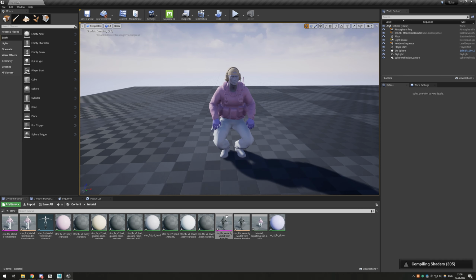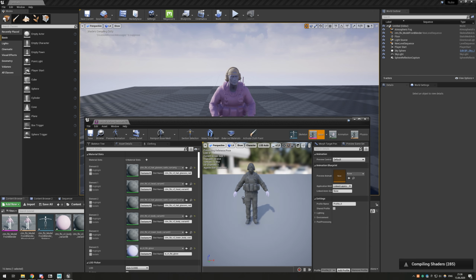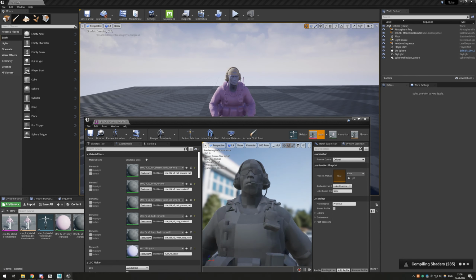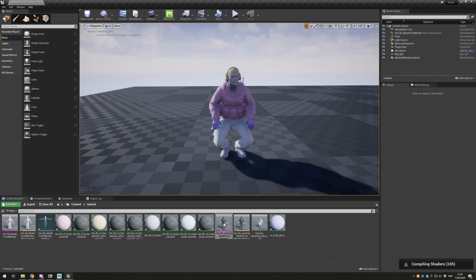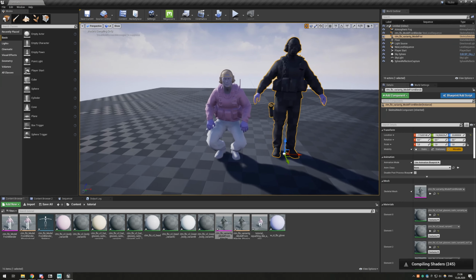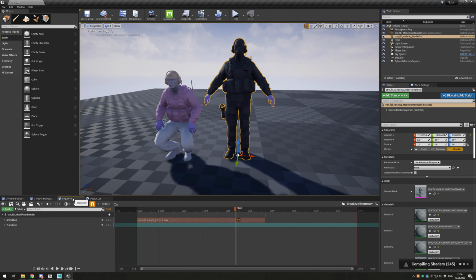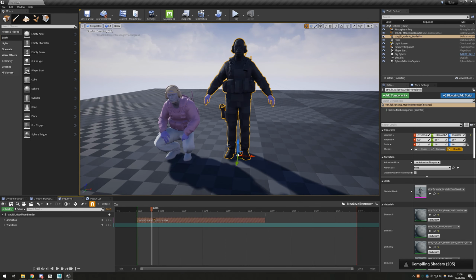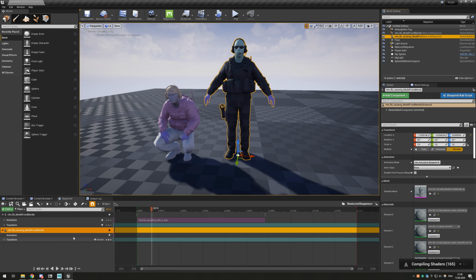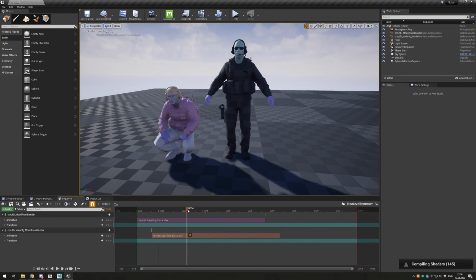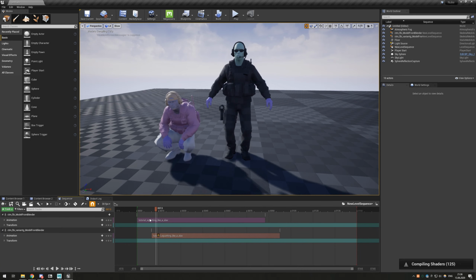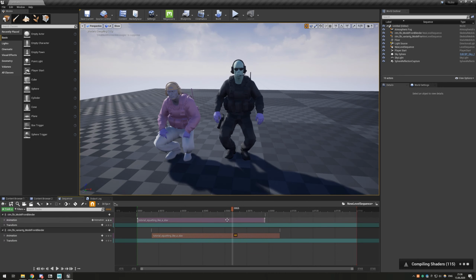Let's take a look at the model. Oh, it's another guy. No cap here. Let's pull him out. Well, you know, he should be squatting in the synchronous way. So, drag and drop him here and the animation is available. And here you go. That's about it. That's how we do it.